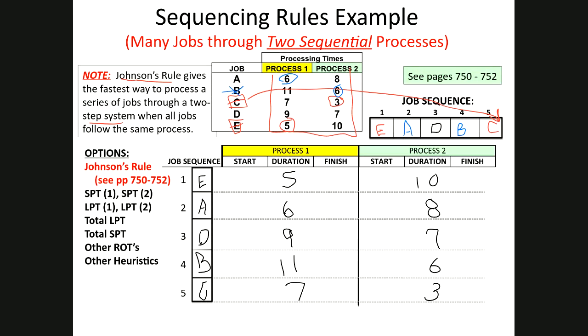So now we're going to start, and we're going to actually do the calculations on following through. So for job E, again, it's going to start at time 0. We'll start the clock at time 0. It takes 5, so we're going to finish at time 5. And again, we can go directly and start at time 5 on process 2, and we'll finish with job E